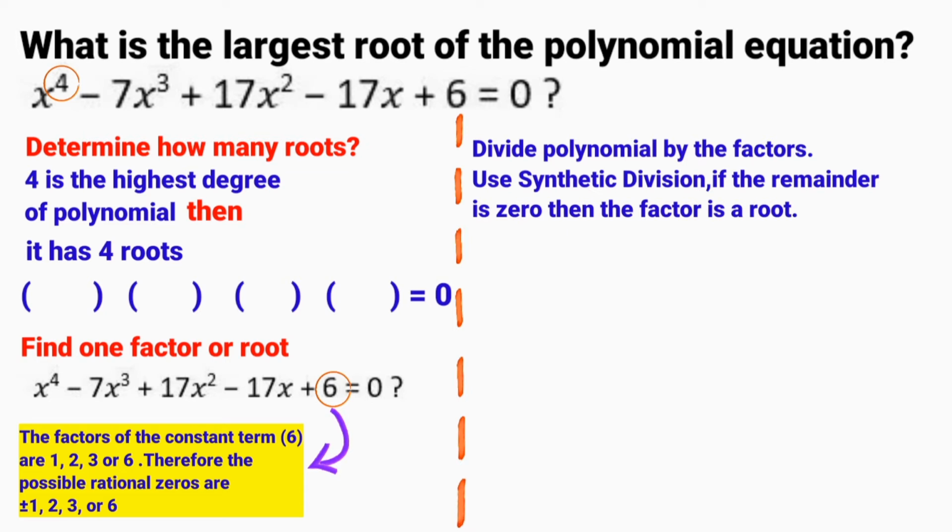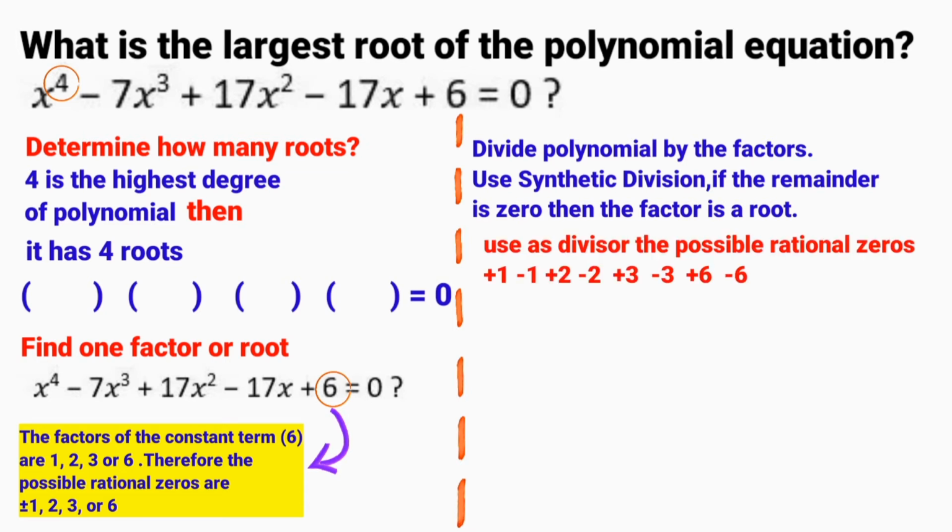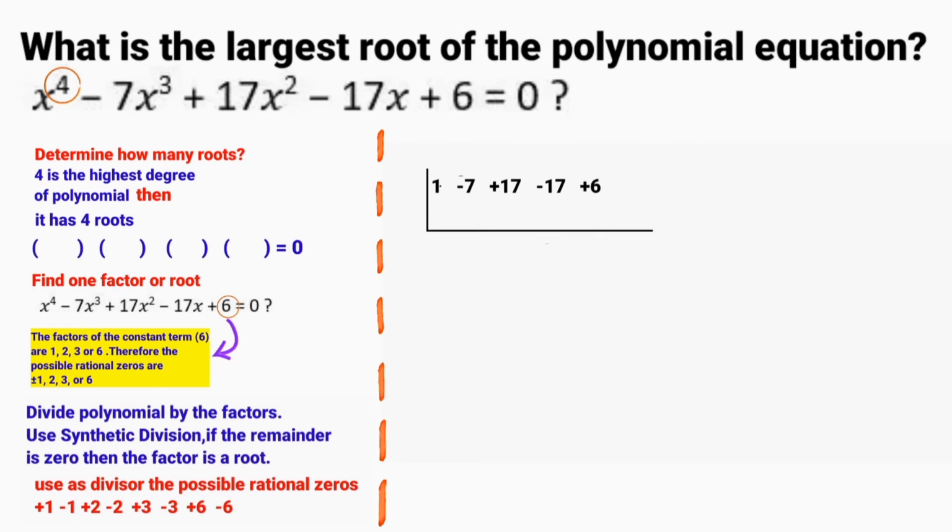Then the factor is a root. Use as divisor the possible rational zeros: positive 1, negative 1, positive 2, negative 2, positive 3, negative 3, positive 6, negative 6. Let's solve it using the coefficients and constants of the equation as the dividend and positive 1, the possible root,